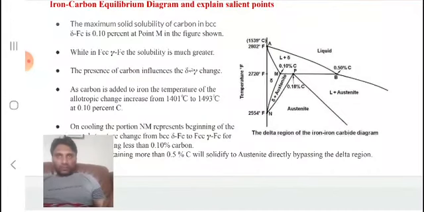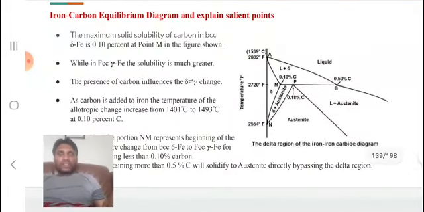Coming to this portion, there is not much significance in it, because we do not carry out any treatment operations, and at these temperatures we do not even analyze the microstructures, because we do not experience these areas in 90% of engineering applications. This is only applicable in engineering applications where high temperatures prevail, more than 1200 degrees centigrade.